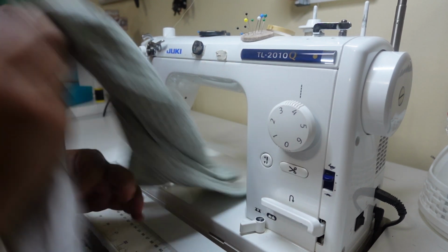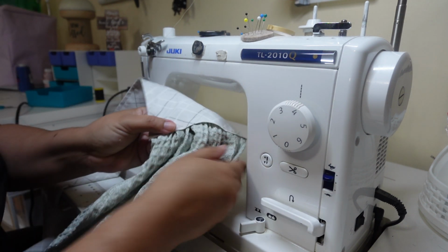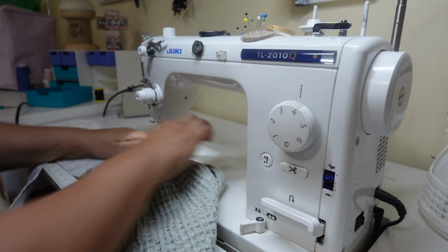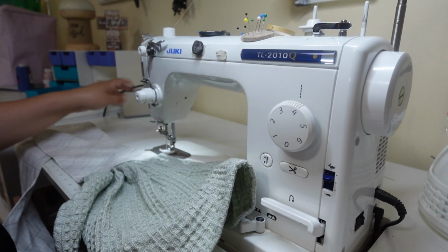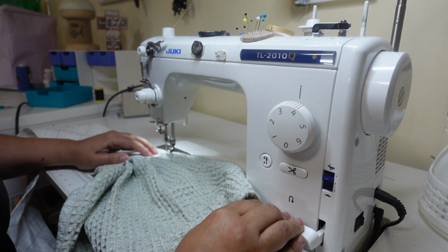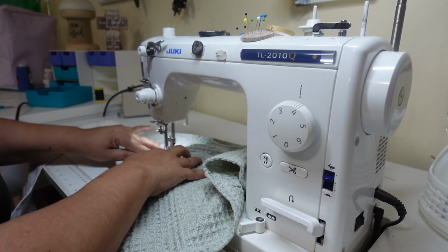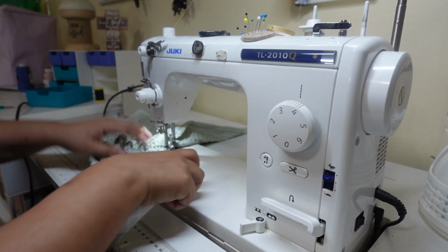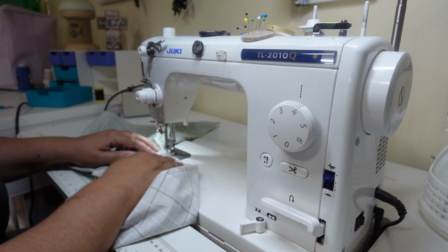Wow, that went so smoothly and so fast. So now I'm going to do this other side that it just never was able to stitch it. I don't know why the machine, I guess it is too thick there, so. Beautiful. Of course, the other one looks kind of weird because I stitched over it so much, but